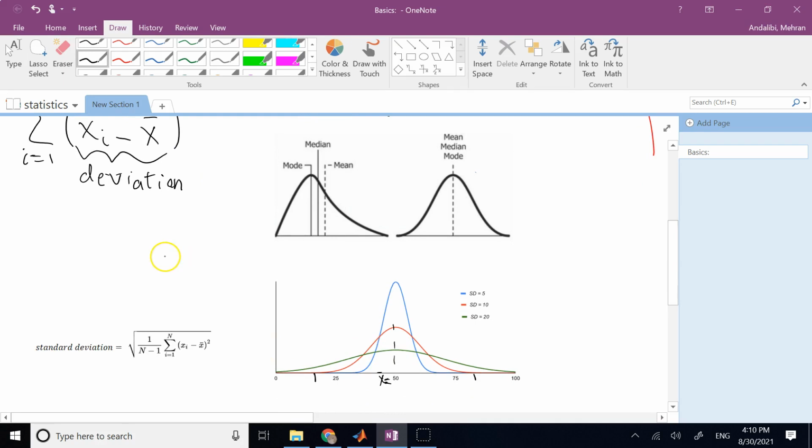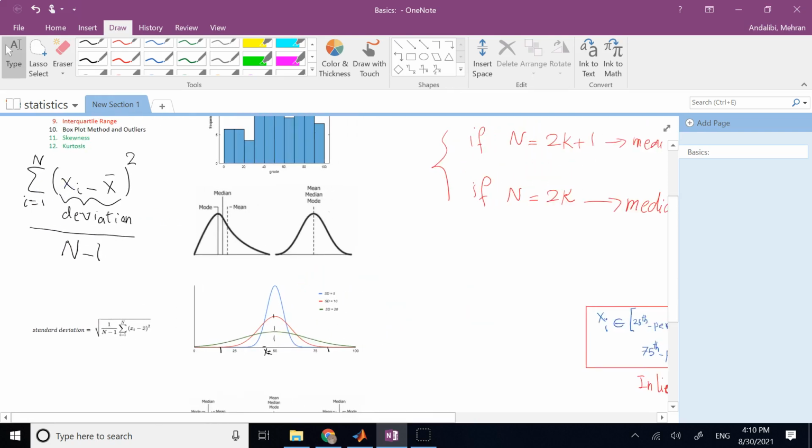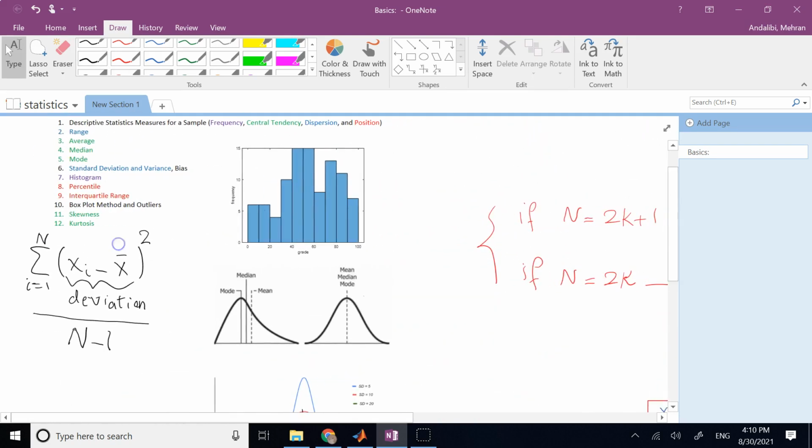And when you divide it by the number of data points minus 1, you call that entity the variance. So the variance of a set of data is equal to the summation of the deviations squared divided by n minus 1, and the standard deviation is the square root of the